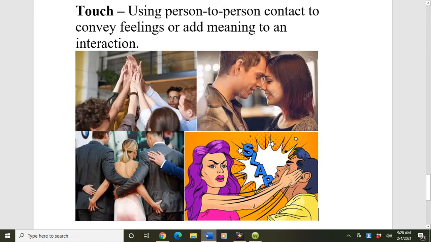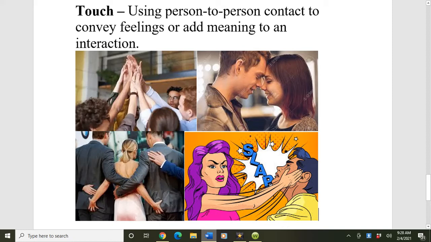The next one that I want to talk about is touch. You can gain so much information about people and how they feel about each other through the way they touch. You see this in handshakes and high fives, although that's much less common now in COVID. But when you really look at the way that people touch each other, there's a lot of communication there. So the way that you shake a person's hand, there's just so much meaning that can come from touching. If you put your hand on someone's shoulder, maybe you're trying to console them after they've had a bad day, or there are hugs.